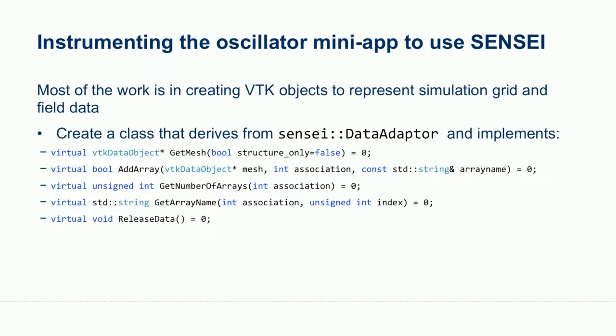So starting off in the instrumentation process of the mini app, most of the work is in creating the VTK data sets. And that, of course, happens in the data adapter. So this is the Sensei 1 data adapter API. We've got these pure virtuals. The get mesh, this is where the VTK data sets are created and returned. The parameter to this